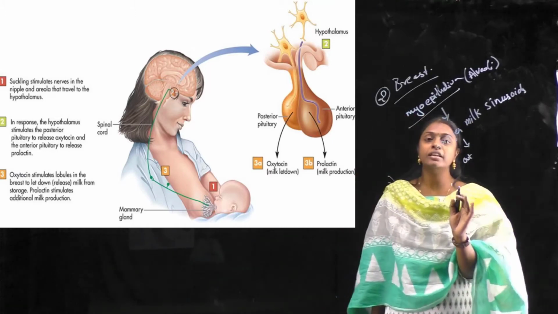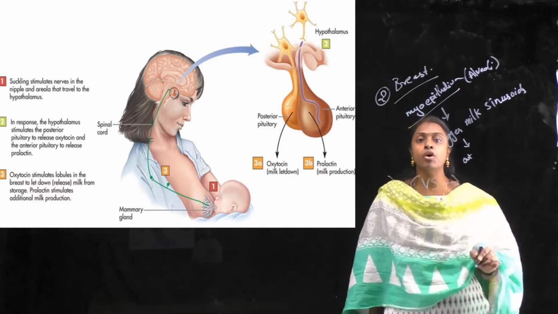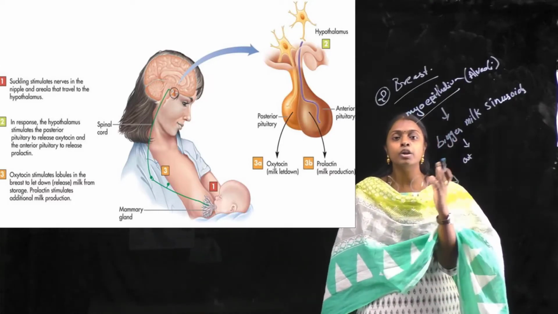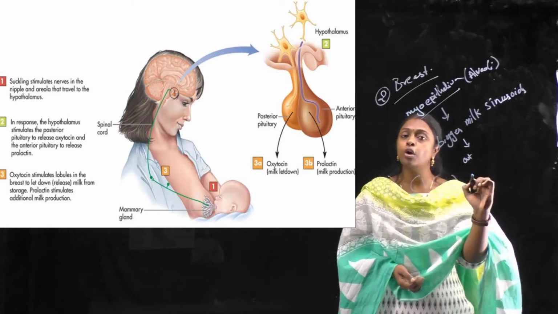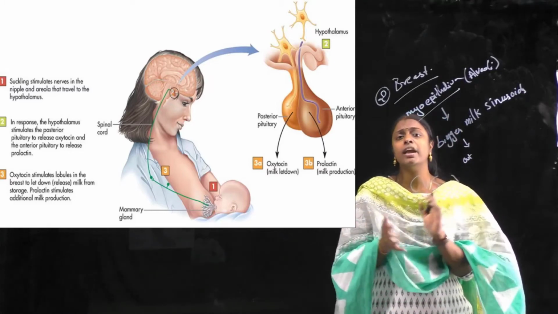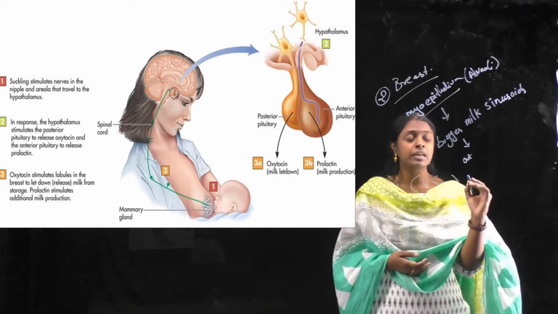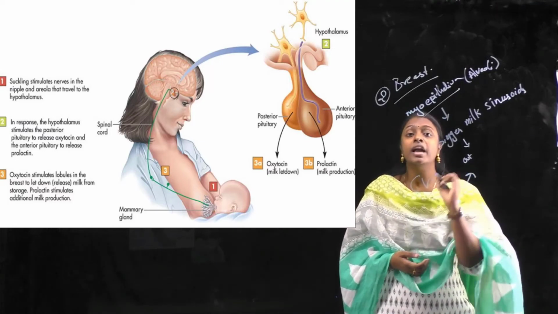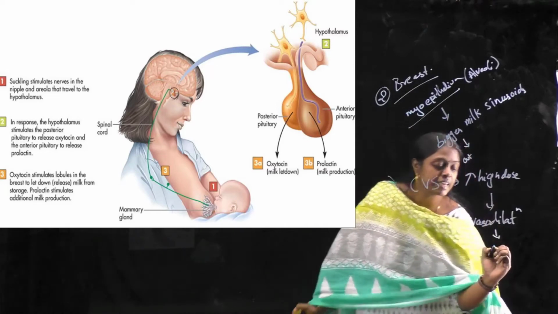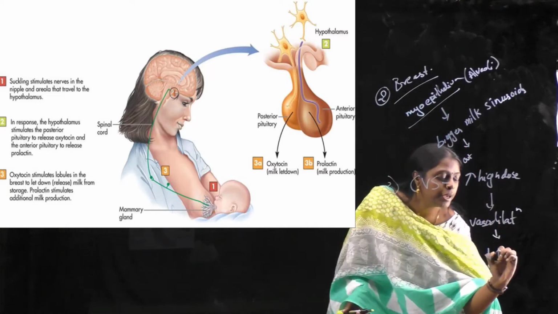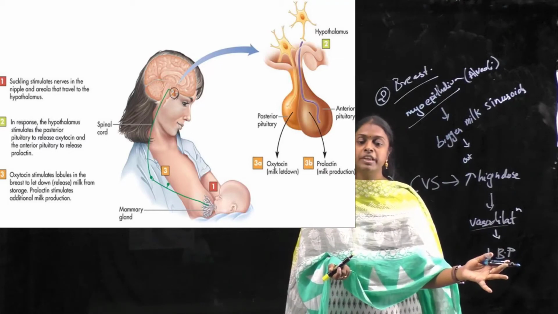So next one, let's see what it is showing, action on cardiovascular system. When it comes to the cardiovascular system, in low dosages it won't show any effect on the heart, but in high dosages it will do vasodilation. This will decrease the BP. Vasodilation means it will decrease BP, right?